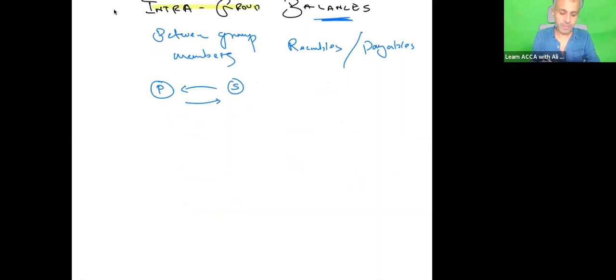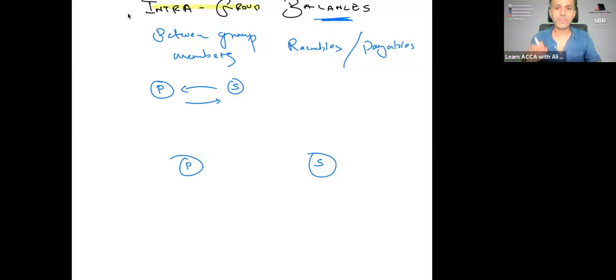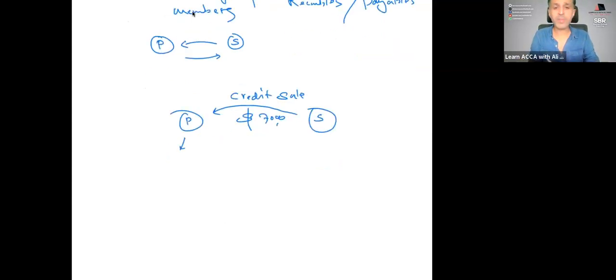So I can give you a very simple example where there is a parent and there is a subsidiary. All set. There is a parent and there is a subsidiary, and the subsidiary has made the sale of goods to P on credit. The value of the sale is $7,000. In the financial statements of the parent, the subsidiary must have been a supplier, and then in the financial statements of the subsidiary, the parent must have been a credit customer,